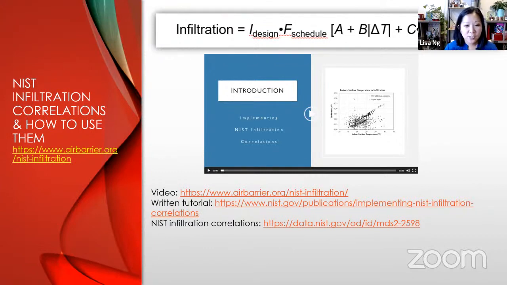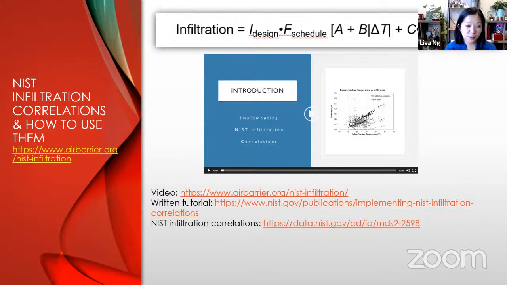And Air Barrier Association of America really believed that our tool should be more available. So what they did is they sponsored us to write a written tutorial as well as do a video tutorial on how to do that step by step, how to get that work into EnergyPlus. And I'll thank Ethan Yen, who's on the line. He's the student who helped create this video, so thank you to him. And so that hopefully gets the research into the hands of the people who are using these correlations.